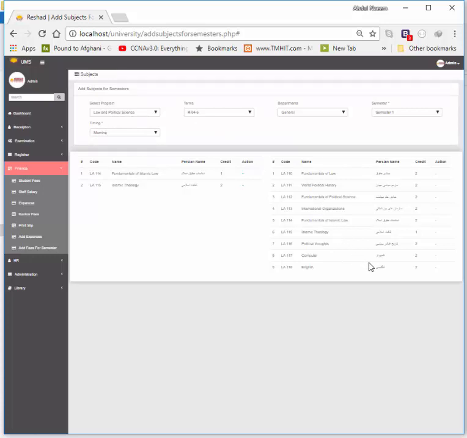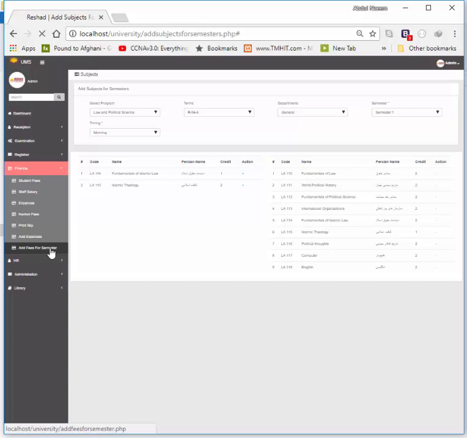So I'm just going to add fees for these subjects, for a specific semester. So let's add fees before adding a student or registering a student. You should go to add fees before registering a student to this program, this term, this department, and this